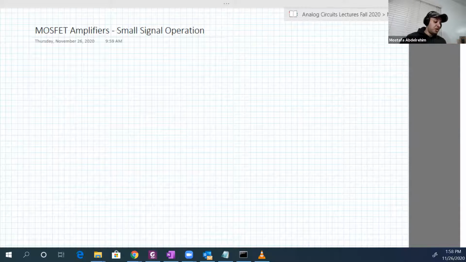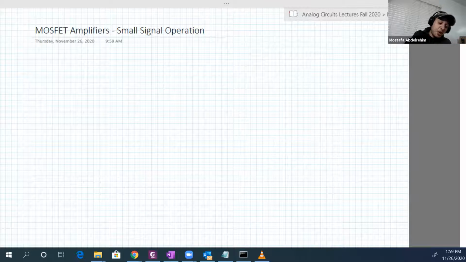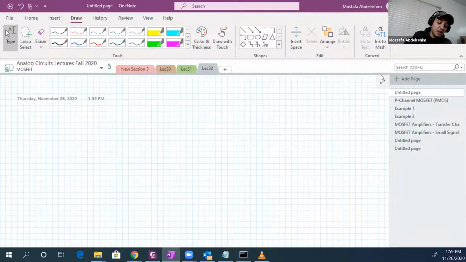To get a better idea about how we can use this device, we should put it in a circuit and derive some equation or relation that relates V output to V input of the circuit. Based on that shape, which is the transfer characteristics as we agreed before, we're going to know what kind of applications we can use this transistor in. Okay, so in the beginning we're going to study the transfer characteristics of